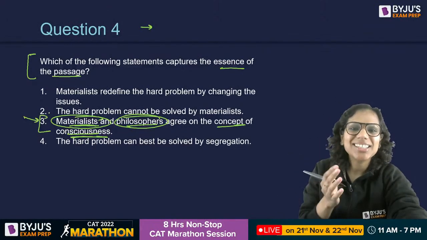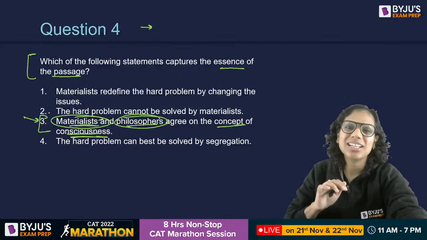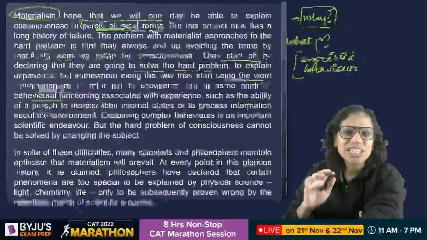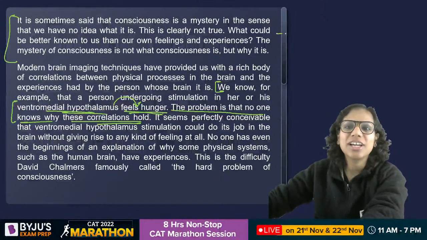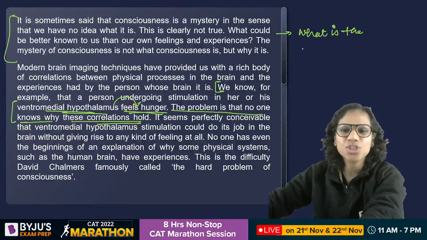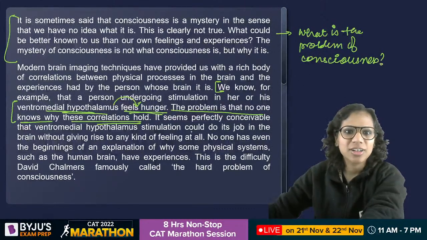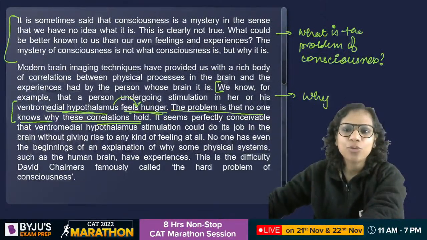I think I stated the essence of the passage very clearly in the previous question also, when I was explaining to you the answer of the previous question. Author का assertion क्या है in various paragraphs? Let's see. So basically, the author first defines what is the problem of consciousness, right? If I have to go with a key idea approach, what is the problem of consciousness? That is what is discussed in the first para.